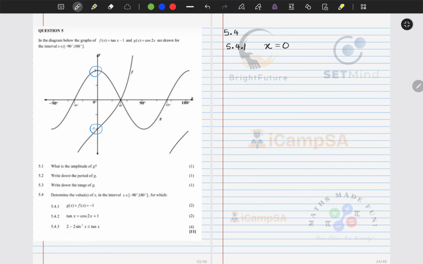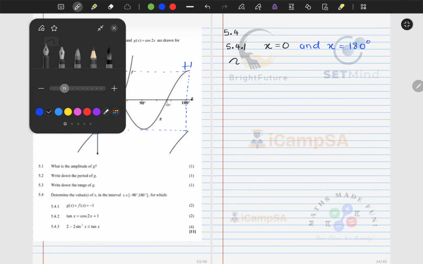But also, you must look carefully, look at 180. Okay, so at 180, you will see that one of the graphs is at a positive 1, which is this one. The other one, if you observe carefully, is at a negative 1. So it is at x is 0 and at x equals 180 degrees. And that is how you get the 2 marks. Okay, now let's go to the next question, which is